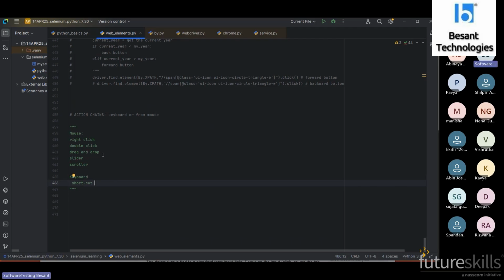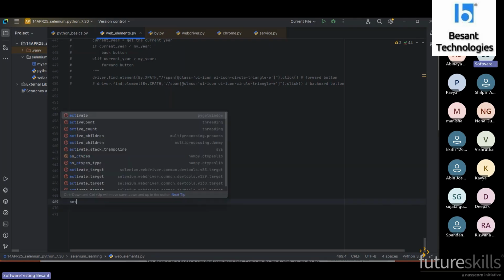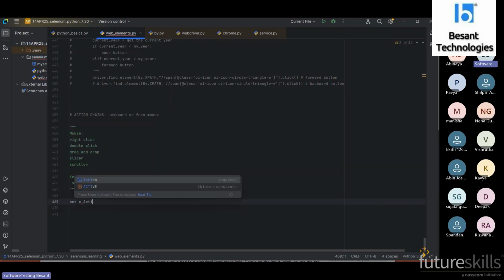Action chain is one of the inbuilt classes. We need to create an object for that. I'm creating an object for action chains. It is a class, and sometimes you may need to import this; you are supposed to import this.